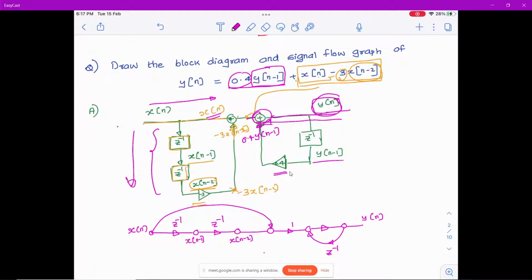needed. For y of n, you start from the right, you add enough delay elements to the bottom,